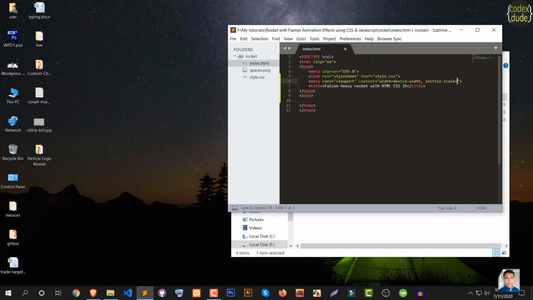Initial scale always 1.0. So this is the meta tag, and now we can start the coding. So the coding part is